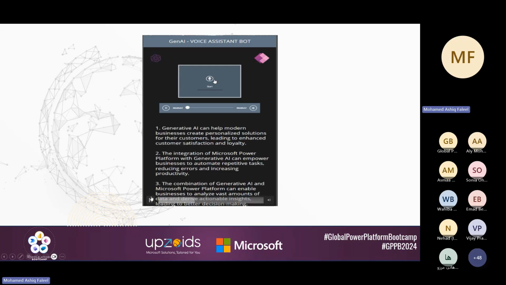Generative AI can help modern business. And here you're not just seeing the response in the text format, you are also getting to listen to what it actually, what the ChatGPT or OpenAI has generated. Create personalized solutions for their customers. The question which I've asked, it's now responding back